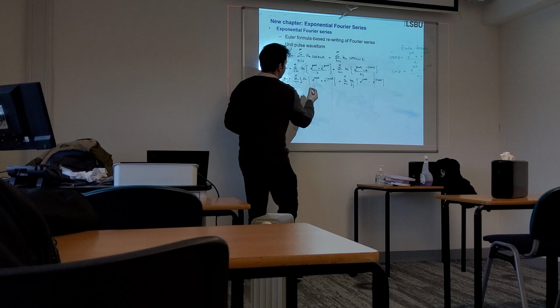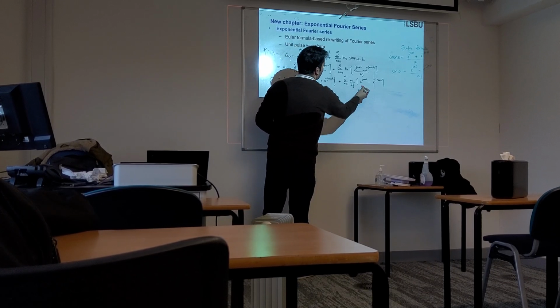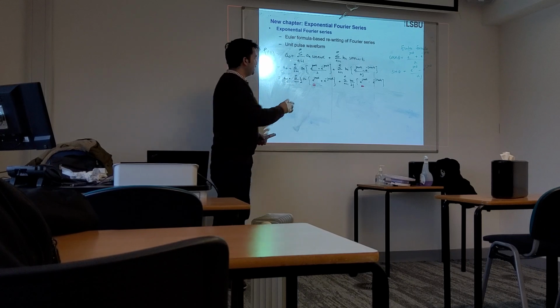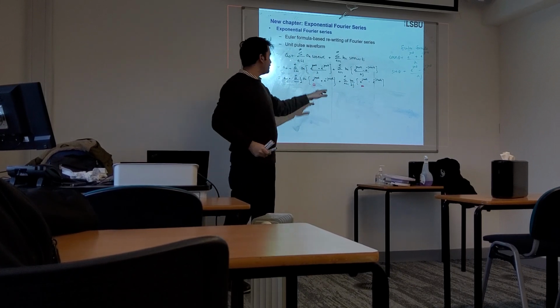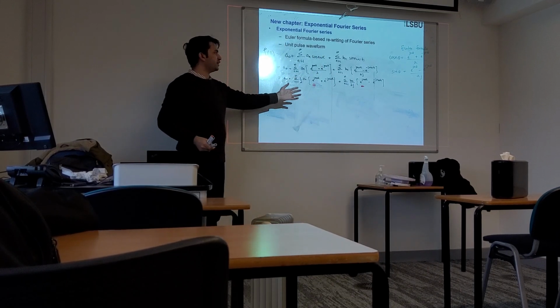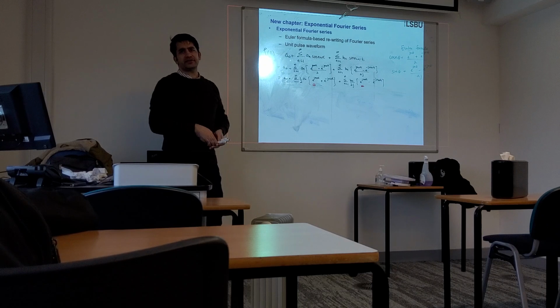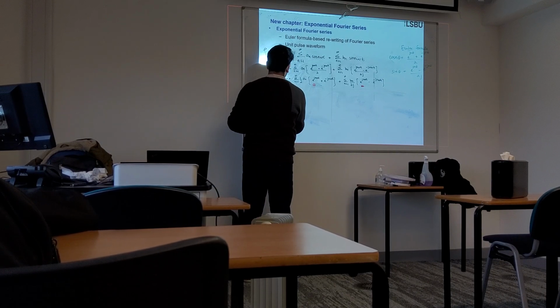My aim here is actually to combine terms which look alike. So you can see that here it's e power j n omega t and here it's also e power j n omega t. Similarly, in this case you have negative. So I want to combine them. And since the limits are the same, it makes sense that I can easily manipulate them. So I can write it as